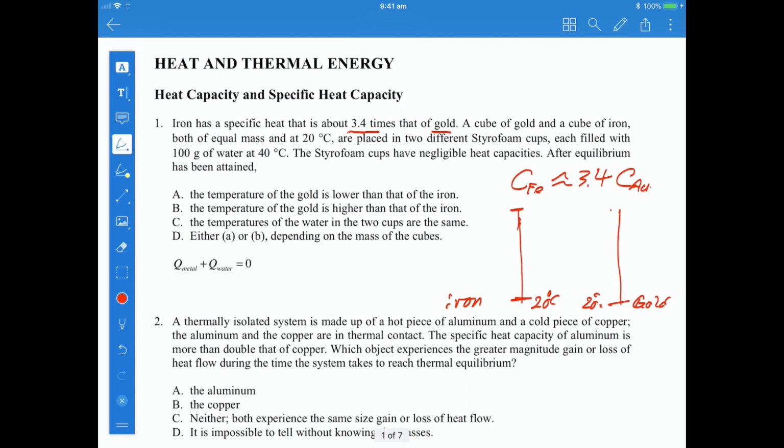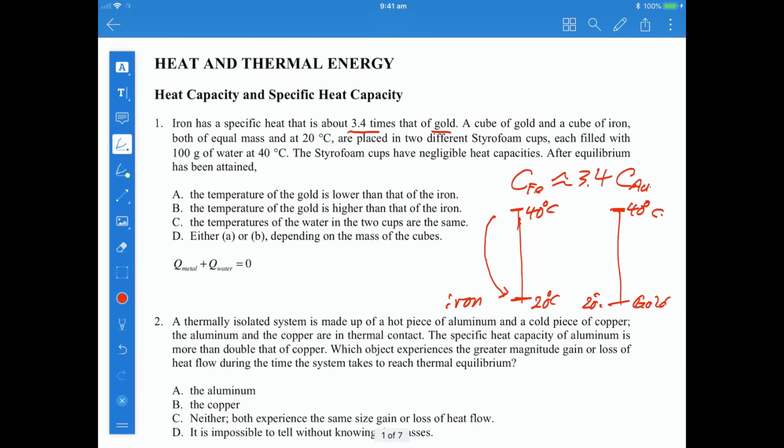Now you put the same amount of water, which is at 40 degrees Celsius. Now for the iron, if there's an energy flow from the water to the iron,